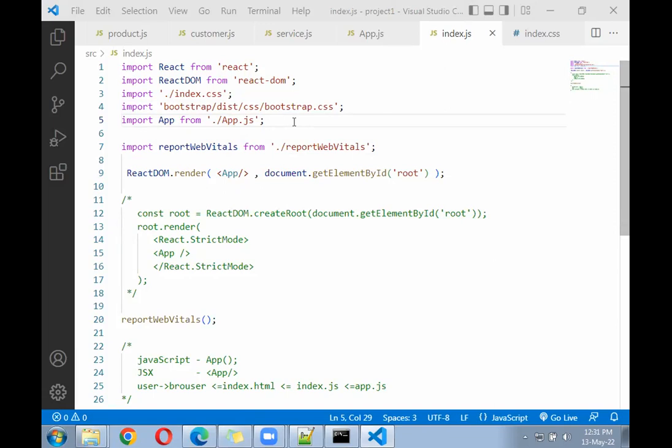The package.json file will keep all the information of all the files. And by default your